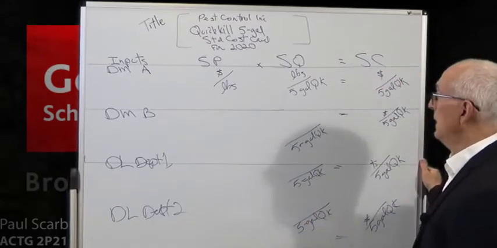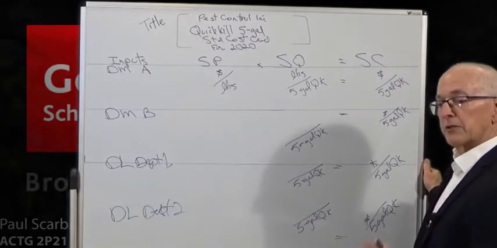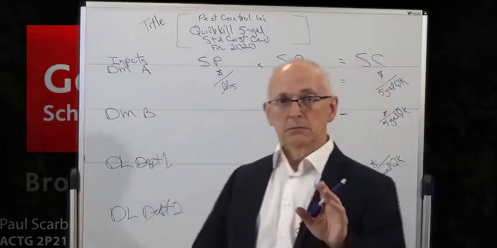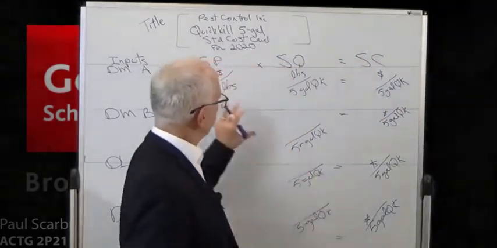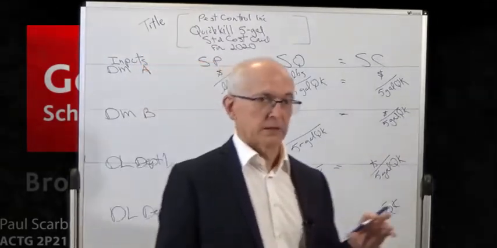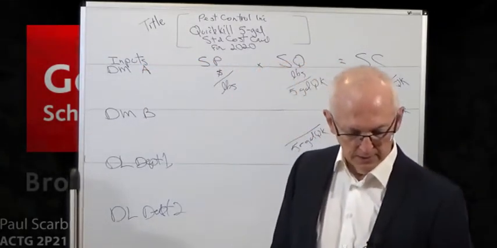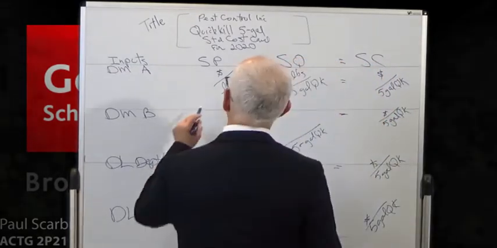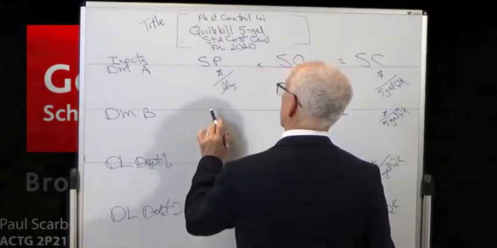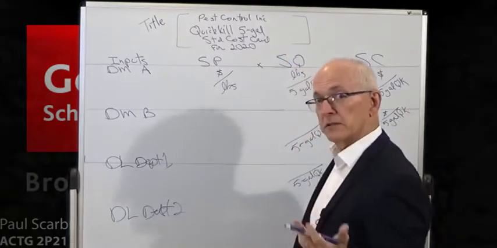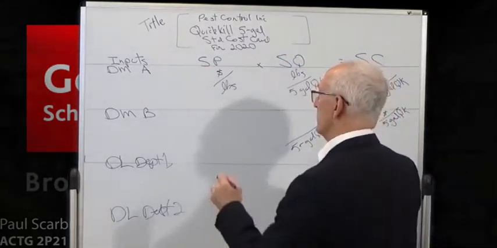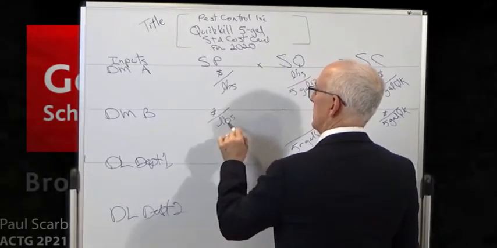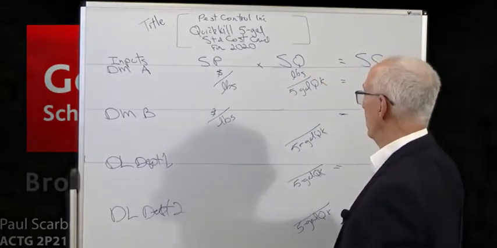Now you can start poking around just a little bit. You don't need to go in depth. Just say, okay, can I fill in a few more of these by looking for a few more facts? Let me look at direct material B. How do we buy that? Oh, this in pounds also in this case. So I can come back to here and I say, okay, this is the price. Our price is in dollars or whatever the local currency unit is. So actually direct material B is also dollars per pound. And